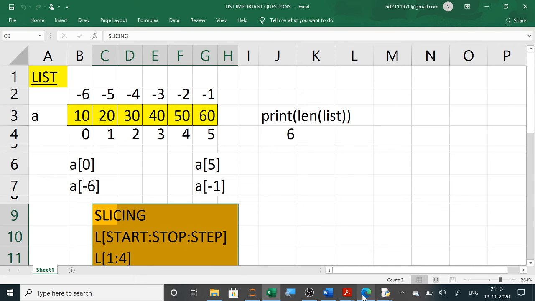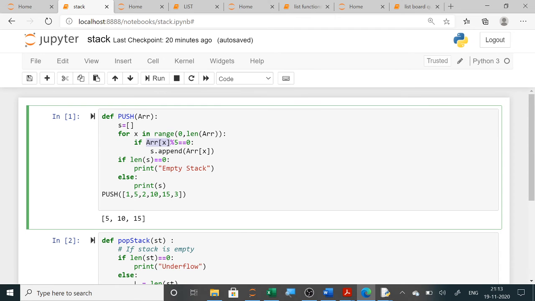So in this question the name of the list is R and the index position is X. And if the element is divisible by 5, then you have to append that element at the end of the stack. So s.append R of X.